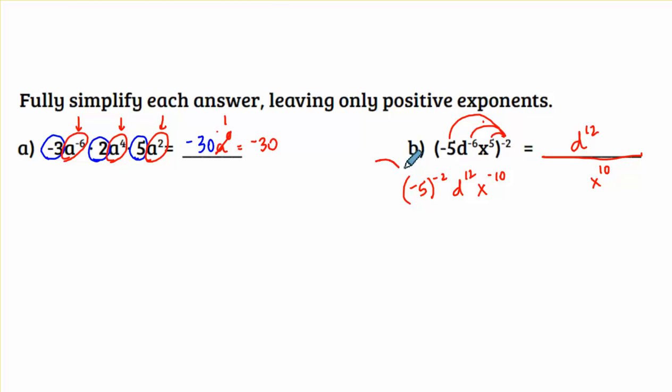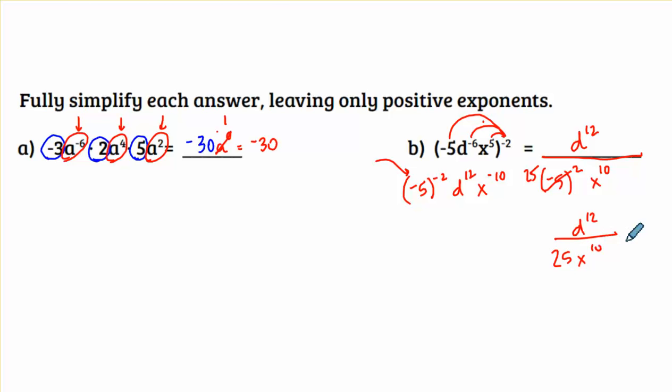This is the problem where most of y'all went wrong, okay? This is -5 to the -2nd power. That's basically saying that this -5 wants to go down to the bottom and be raised to the 2nd power. So this is -5 to the +2nd power now that we've moved it. Okay, well, we can clean this up a little bit because -5 to the 2nd power is 25. So our final answer is going to be D to the 12th over